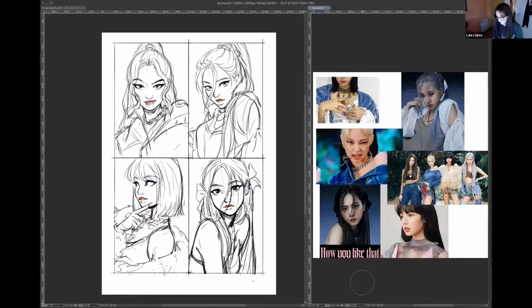So yes, basically what I did was this, as you can see, it's a sketch. Right now the line is colored, it's black, and you can see the lips are colored, just like the eyes as well. But I usually use a gray color to sketch everything, so it looks like a pencil, and I feel more comfortable that way.